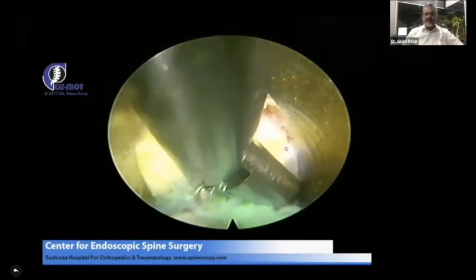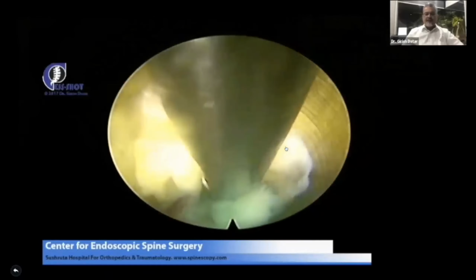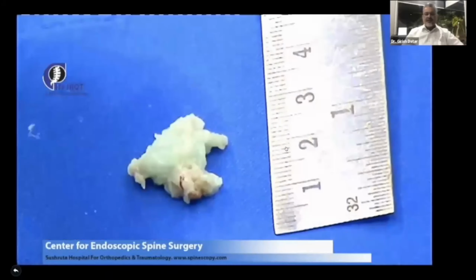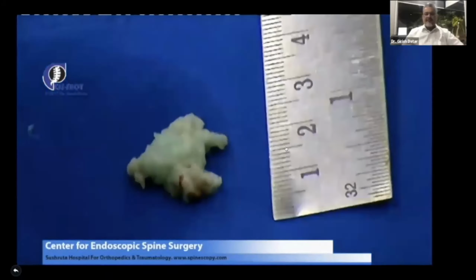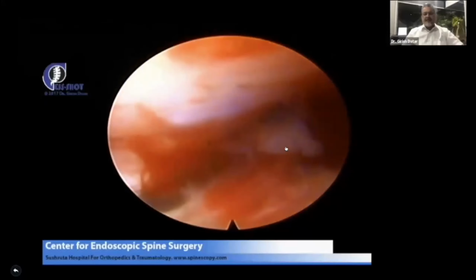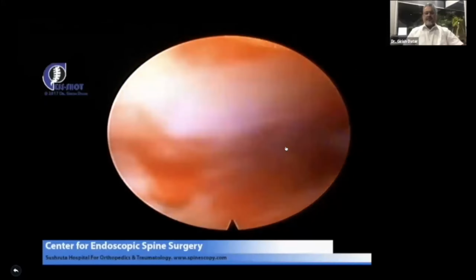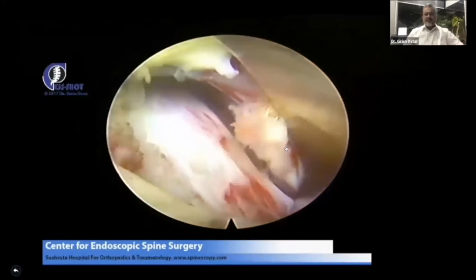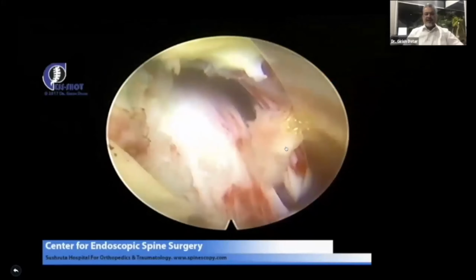Now, during this time, you need to also look into the feedback of the patient because a large herniation is coming out. So this is a huge herniation, about 2.5 centimeters, which came out. And you can see the free epidural space with some amount of bleeding. Then if you go underneath the root and the thecal sac, you see completely free epidural space, cranially and caudally.